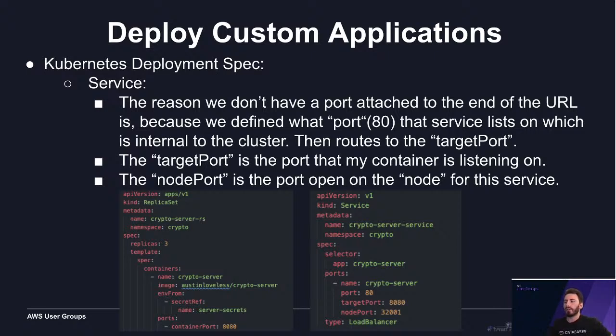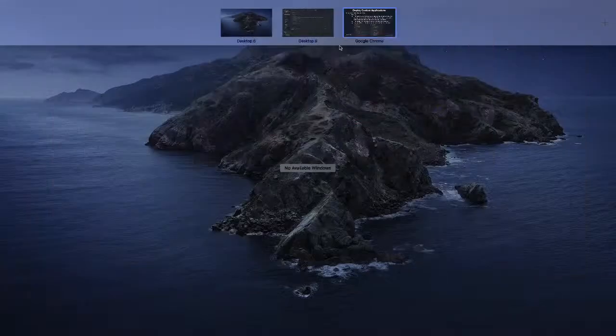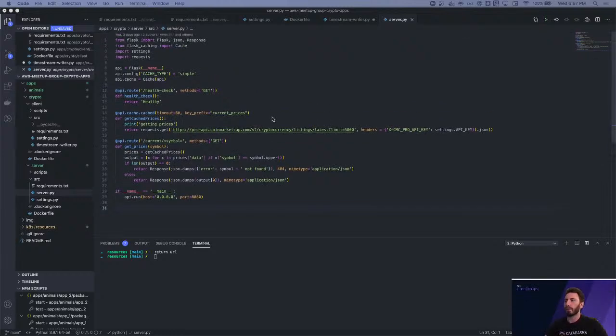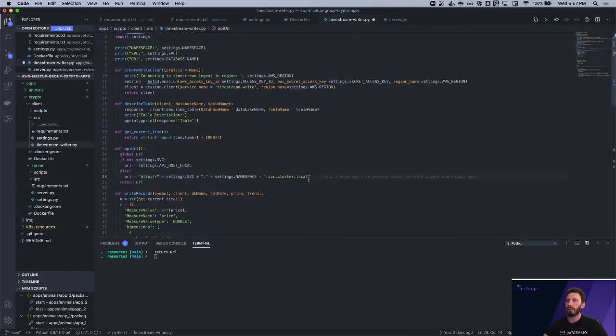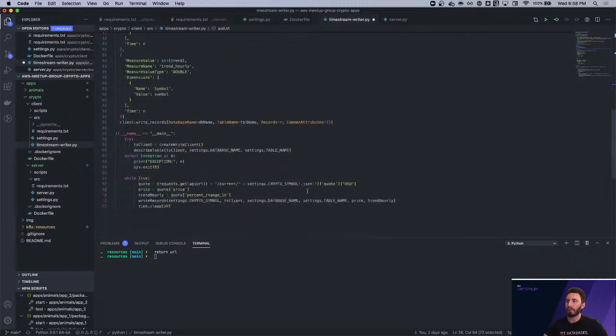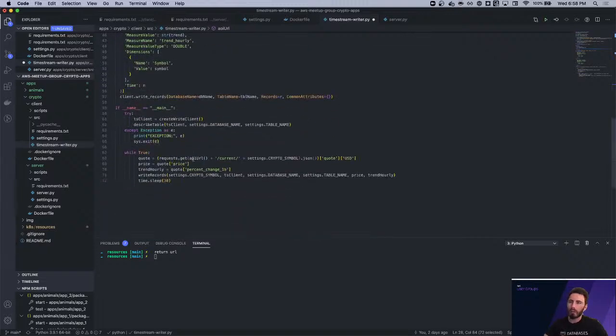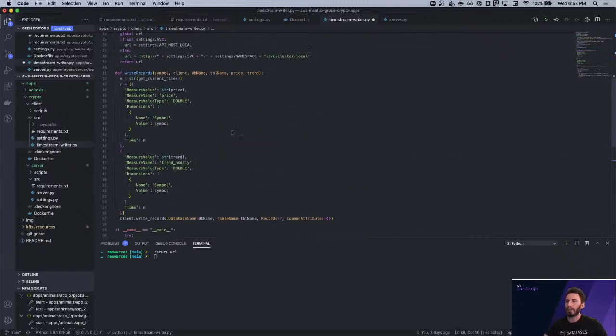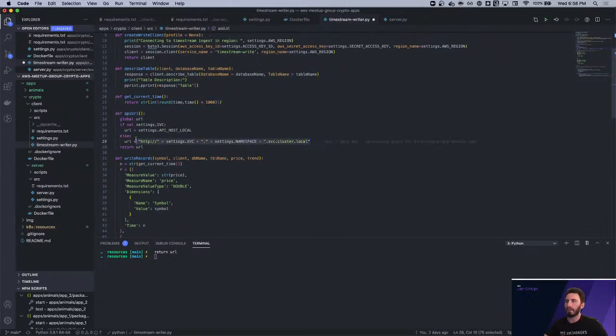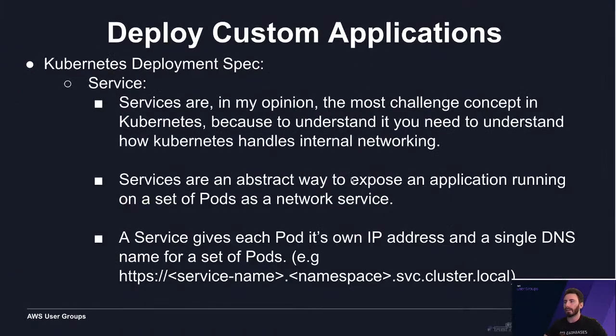So the question is now, going on to the service, how does the application know to hit container port 8080 whenever we don't have any kind of ports defined? If you look at the Timestream writer, and you look at this is the URL. There's no ports defined anywhere. The default HTTP port is 80 though, so keep that in mind. There's no ports defined anywhere for this application. So how that gets connected,